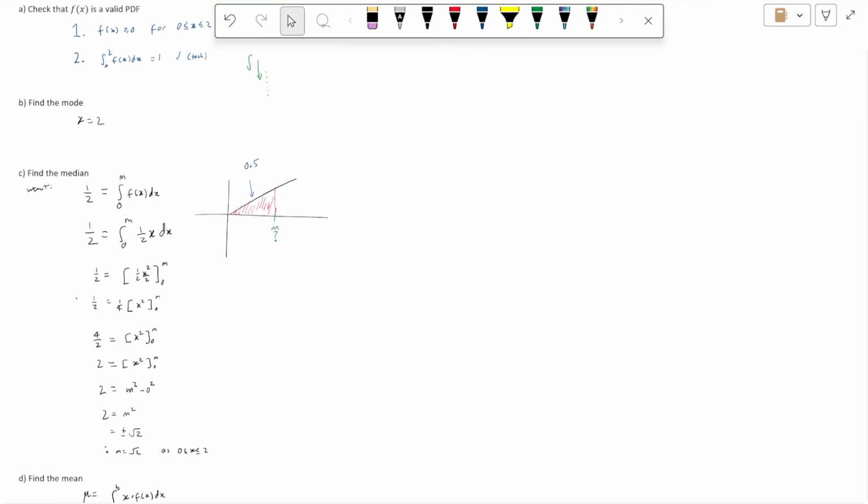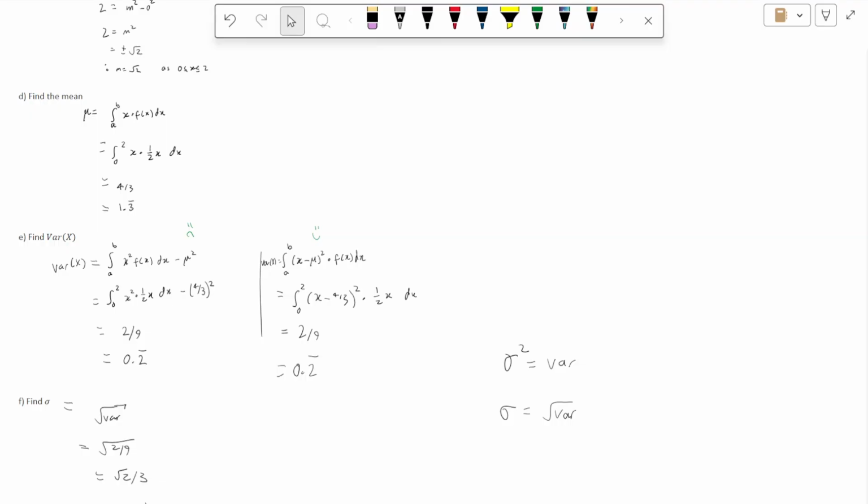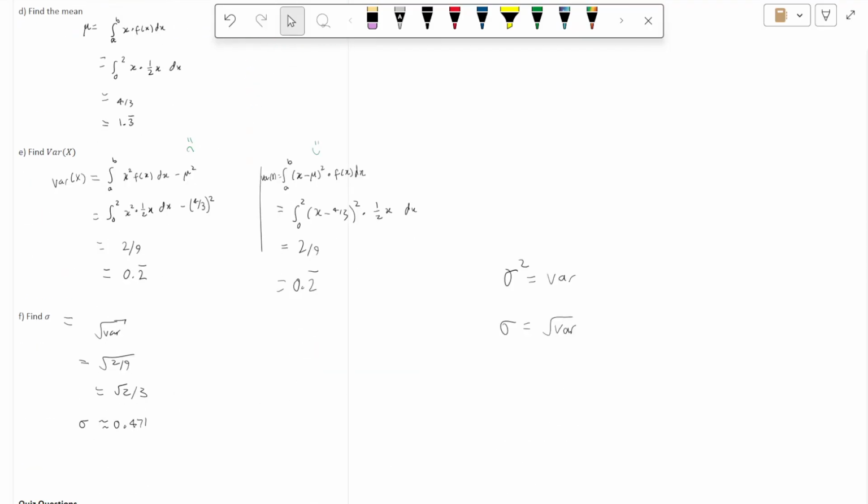I'll point out that you can actually do all this to work out standard deviations and means for normal distributions. It's just the function for a normal distribution is really messy, so that's why we don't